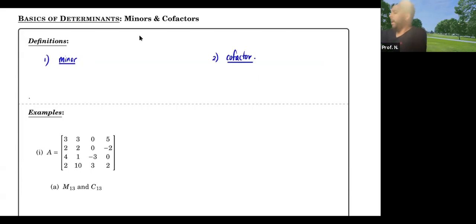So what is a minor? A minor is the determinant of the submatrix. And you'll be like, wait, how do you define a determinant without using the word determinant? That's kind of funny, right? But the idea is this. So the minor